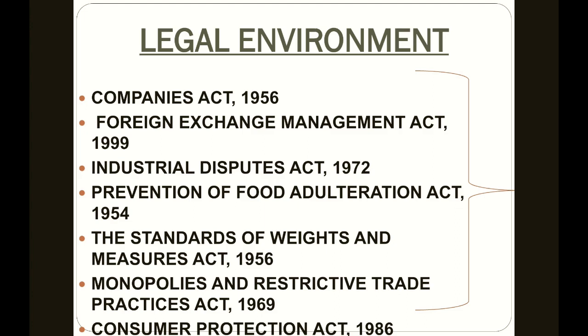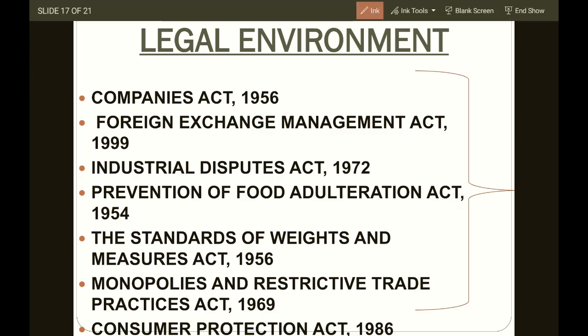Now the legal environment, this is also one of the most important points. The legal environment is a most important factor, because if you're not following the rules and regulations or law enforcement of that particular economy, then you won't be able to achieve the vision of the business organization. You need to follow all these acts before starting a business activity. You need to study all the acts. If you start a company, you need to form MOA, AOA. If you want to start a partnership, you need to form a partnership deed. So all these policies and factors are very important before starting any business activity in any economy.